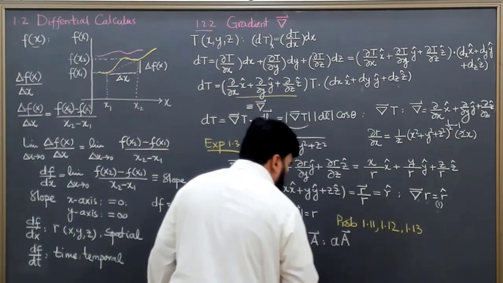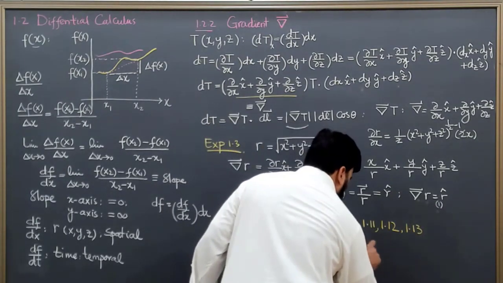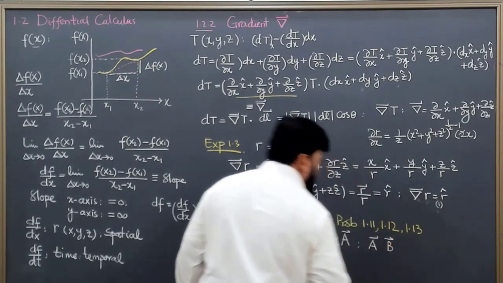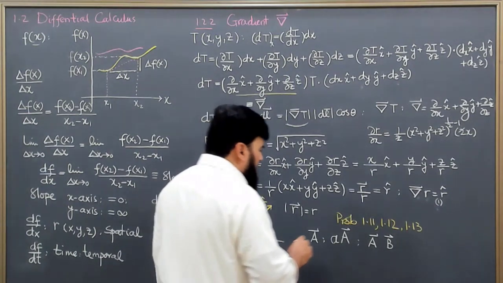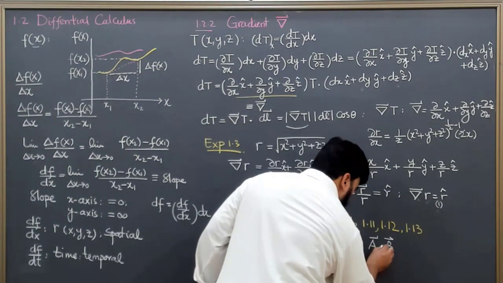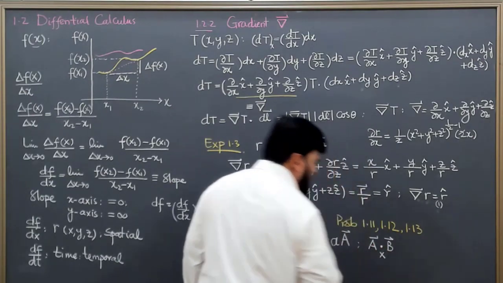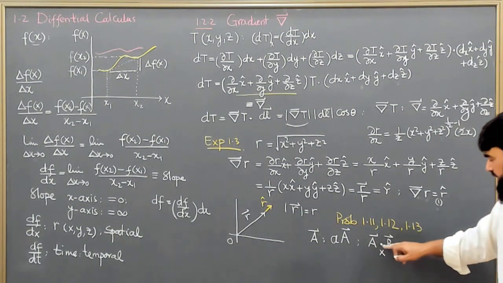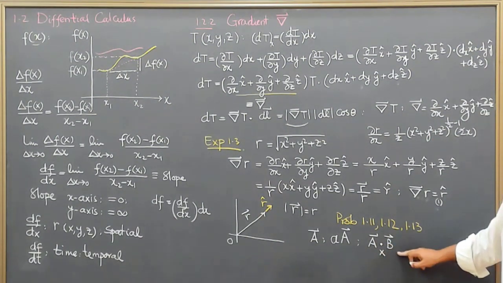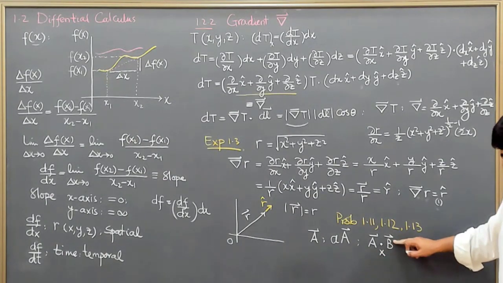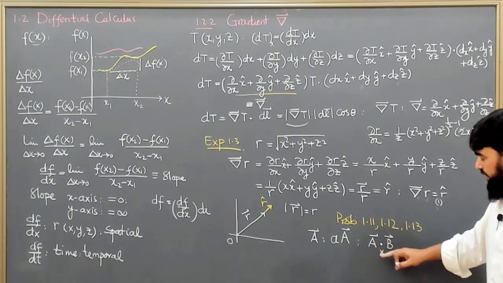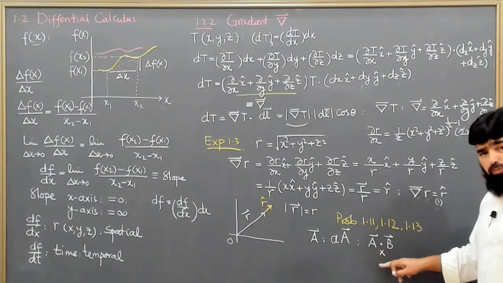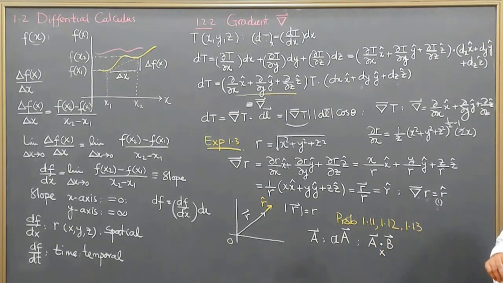Another way is that if we are treating two vectors, like A and B, and we are finding their interaction or their product, then there are two ways to do this: either to dot multiply them or to cross multiply them. There is no other way to multiply two vectors. Dot, if the result is a scalar quantity or it is translational dynamics, then we use the dot product. And if one vector is rotating along the other or sweeping along the other, meaning it is part of rotational dynamics, then we use a cross product.